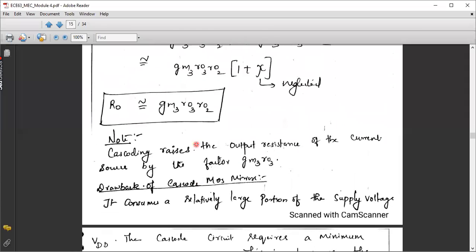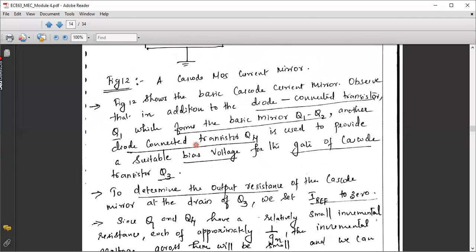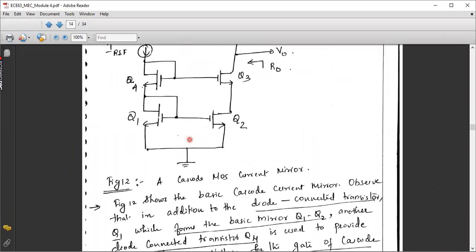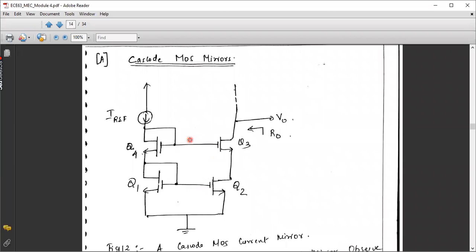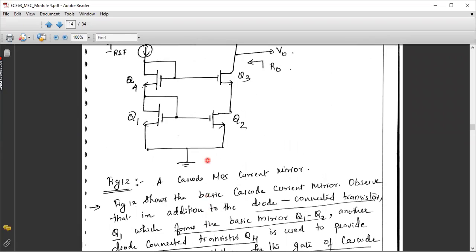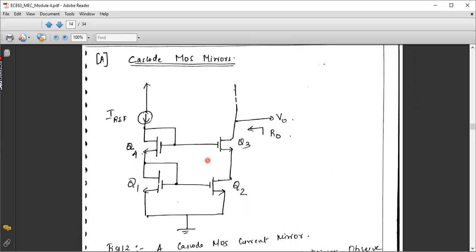But still, it is having a few drawbacks. The drawback is hardware complexity is more because more transistors are being used under a single power supply. So excessive power supply requirement is there, right? More power is required and power dissipation will also be severe. That is one drawback. So hardware complexity increases if you are cascading the MOS mirrors, because instead of using two transistors, now you are using four transistors in order to increase the output resistance. So that is a drawback. Clear? Any doubts?